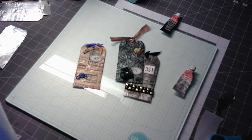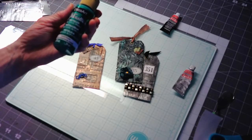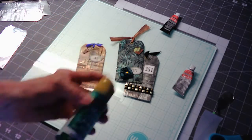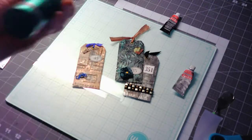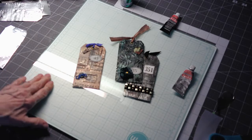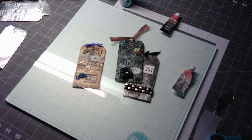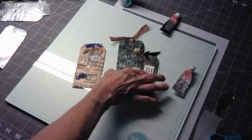And this one, I love green. Green is one of my, I love green and purple. And this is a metallic green. And this is, like I said, an acrylic, so it's water-based. So I just put a little dab on whatever work surface I'm working on, and I just put it on with my finger, and then kind of rubbed it off until I got the look I wanted. And I didn't